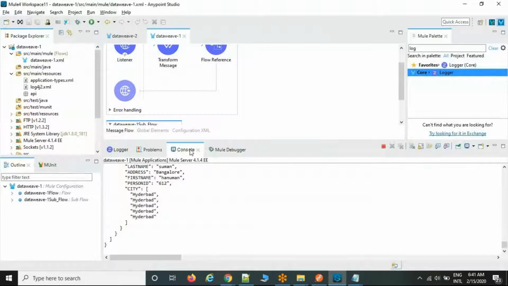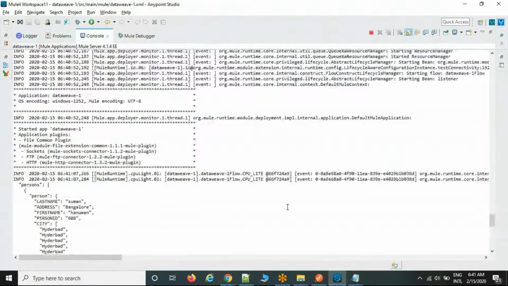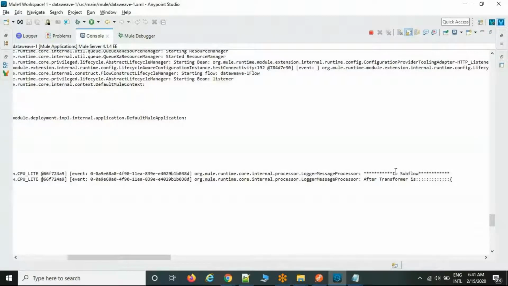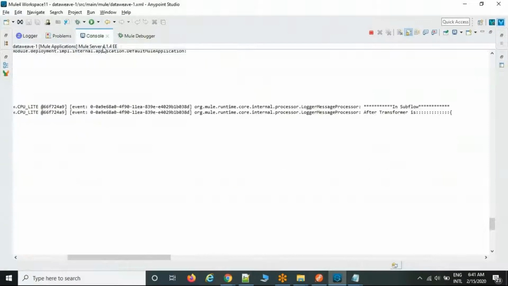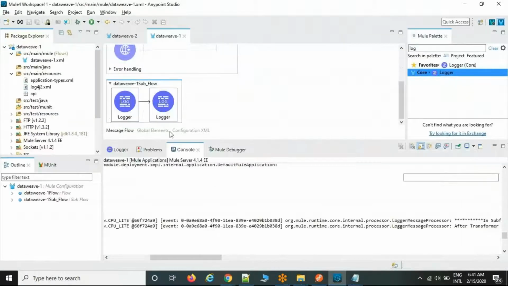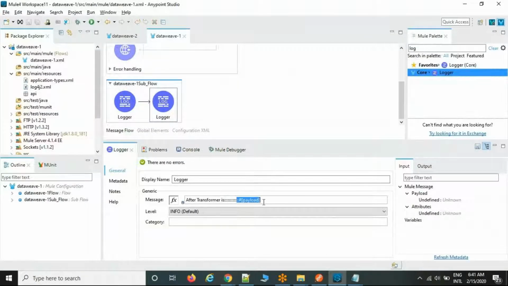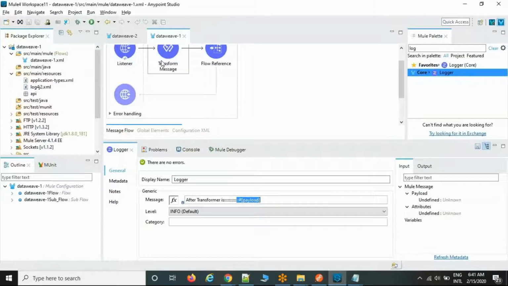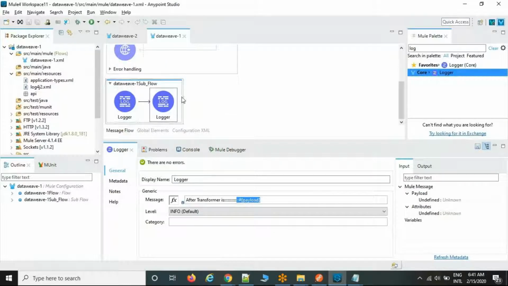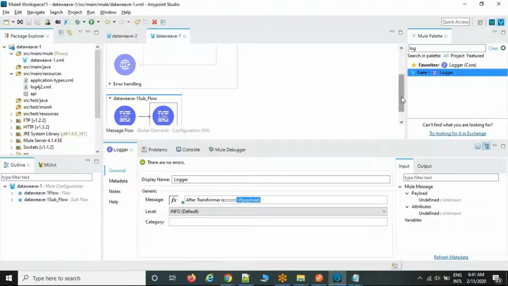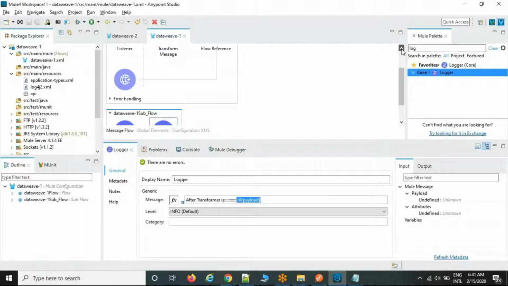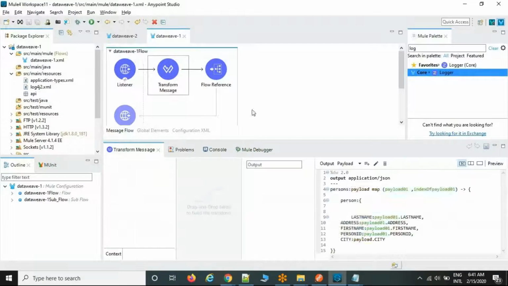We just restarted. Then you can send a request. Now you can see the content and the first logger, whatever content we have written, right? So you can go and verify in the subflow after transform. After transform, the payload data has been carried, where we defined it in the main flow and consumed it in the subflow as well. So this is how, by default, the transform message output is stored in the payload, and if you want to reuse it wherever you want, like a subflow or private flow, by using the MEL expression language, we are consuming the data. By default this is the payload only.